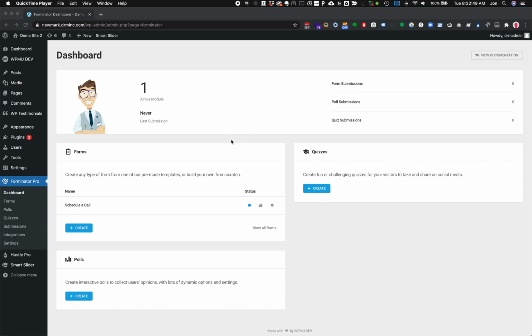So next up, we're going to talk about Forminator Pro. Forminator Pro is a very popular plugin for managing forms, and you get the Pro license for having your site hosted and created by DRM. So when we use Forminator Pro, we see that there are forms here, and we will go ahead and create